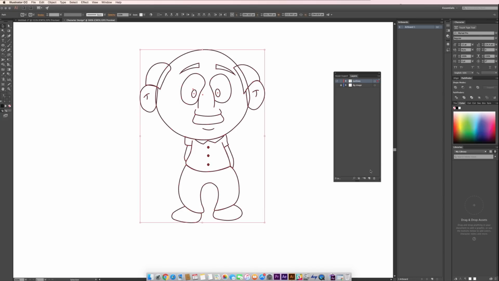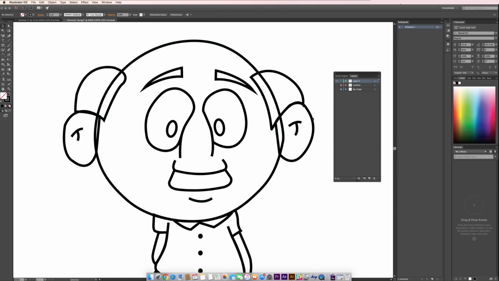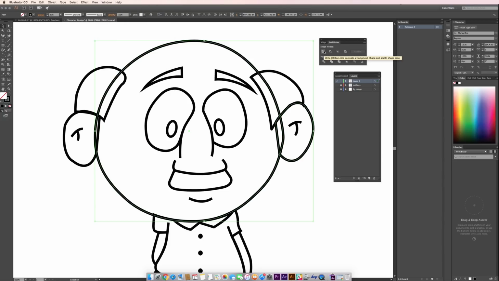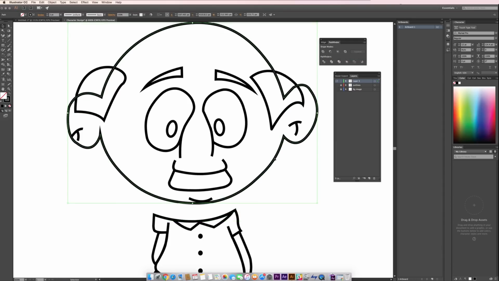Copy these outlines to a new layer by pressing Ctrl+Shift+V to paste in place. Hide the outlines layer. To make the face and ears a single path, we are going to use Pathfinder. Click on Window and then Pathfinder, and in this we are going to use the Unite key to make them a single path. Do the same with the other ear and press Unite. Now the face and ears are in the same path.